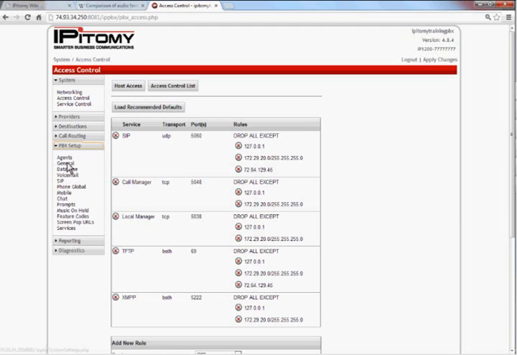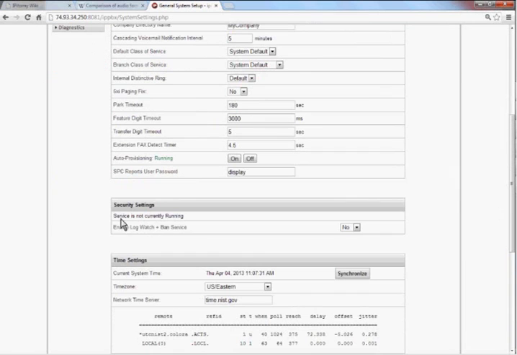The backup step for this in security is a feature that we call log, watch, and ban. And the log, watch, and ban, right there it says, it enables the log, watch, and ban service to monitor for failed attempts 5 times in a short period. It will ban it for 5 days or until the PBX is rebooted. Or let's turn it on. And there's another option here too. If we turn it on